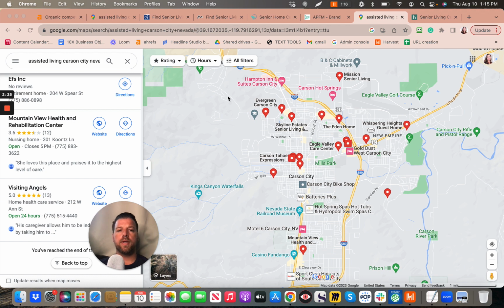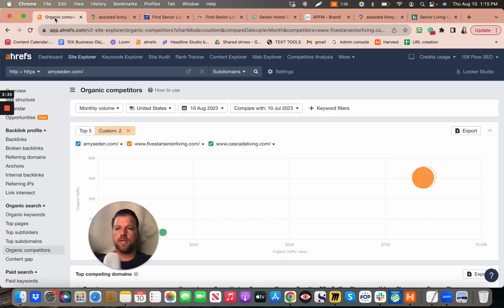So you open up a bunch of these, and then what you want to do is you go to your Ahrefs and you click on Site Explorer. Now I've done that. I've just clicked on Site Explorer, and you type in your brand domain that you're wanting to research. This is the URL. So you type that in, and then it's going to give you some